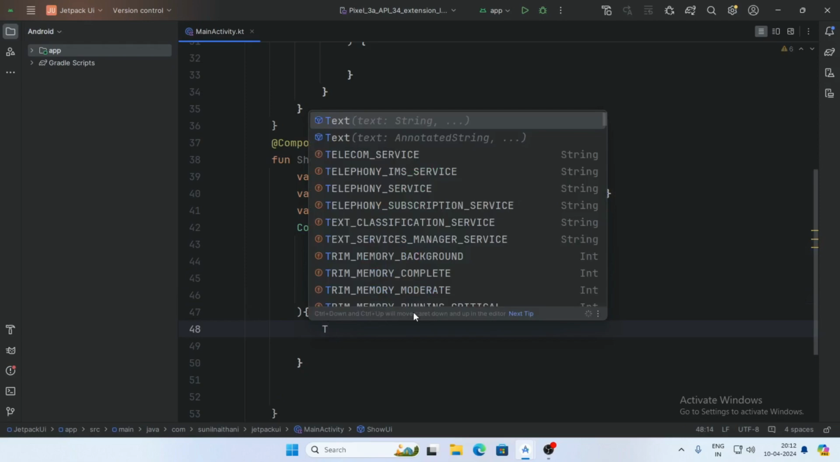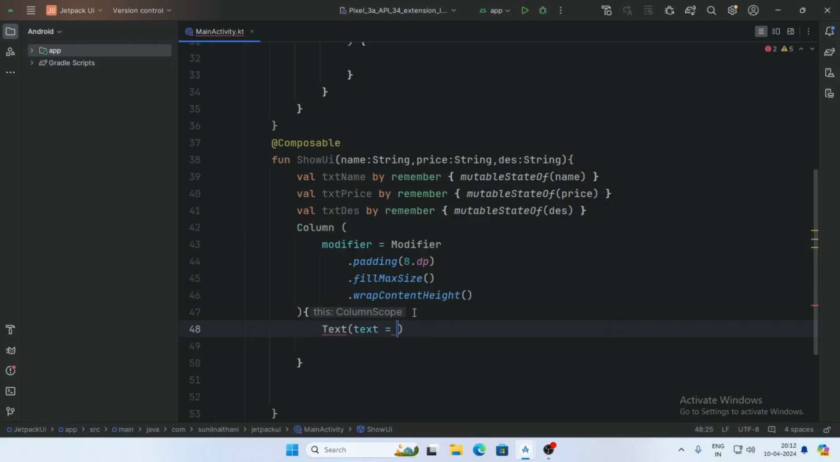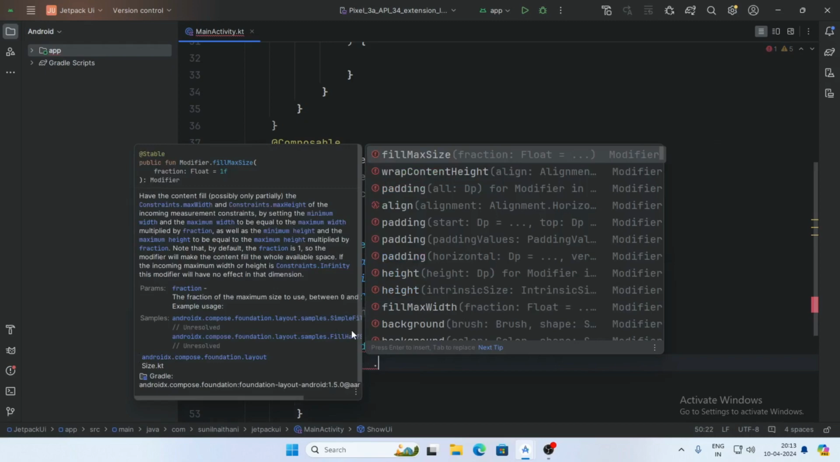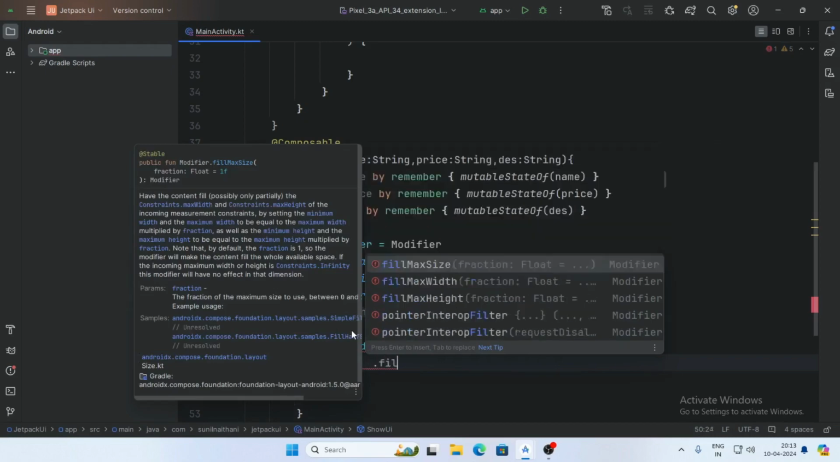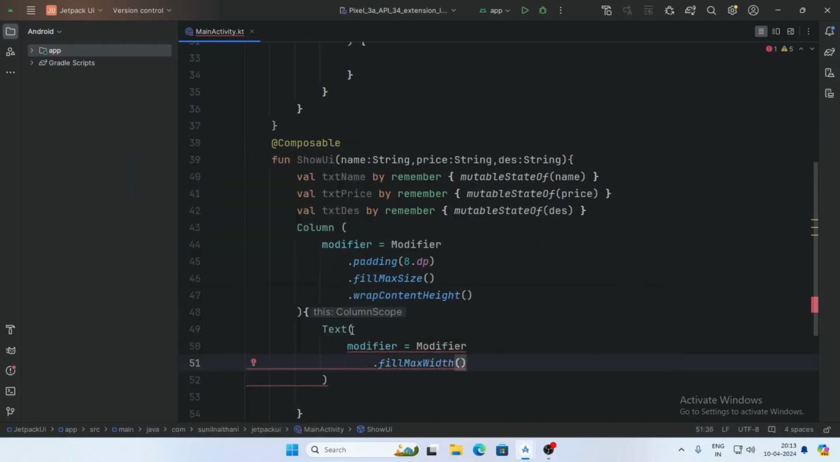And now create a text here. So write Text here, and first modify this. Copy this modifier and write it here, and now set the attribute dot fillMaxWidth,